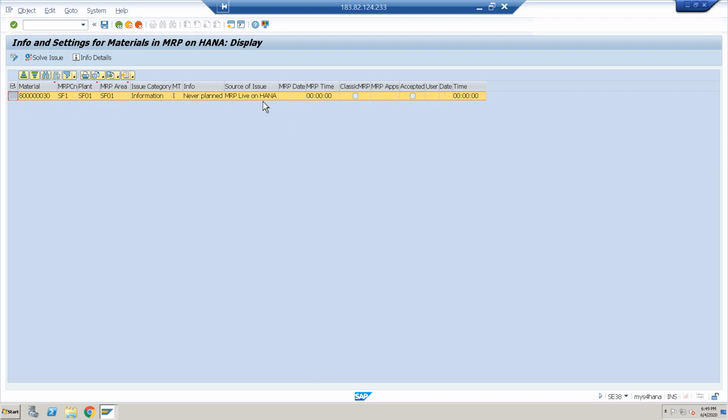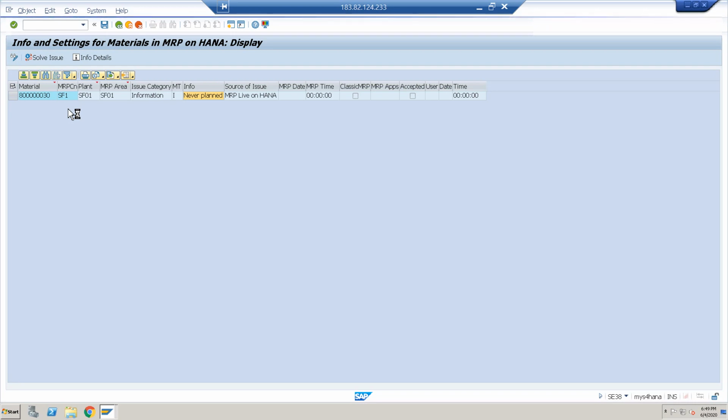Source of issue: SAP Live HANA never planned. Something is an issue in this. MD01 MRP Live is not working on the server.